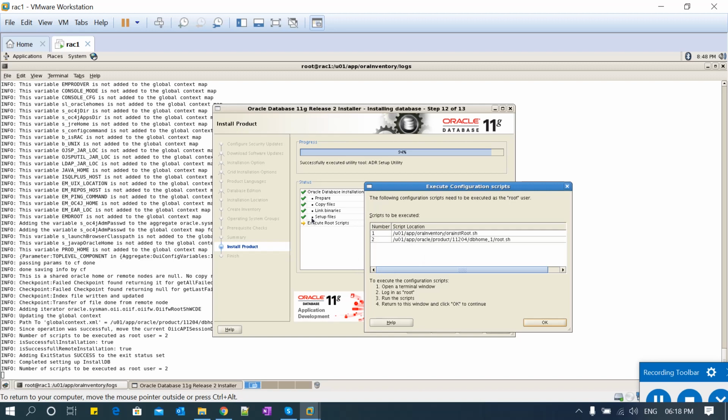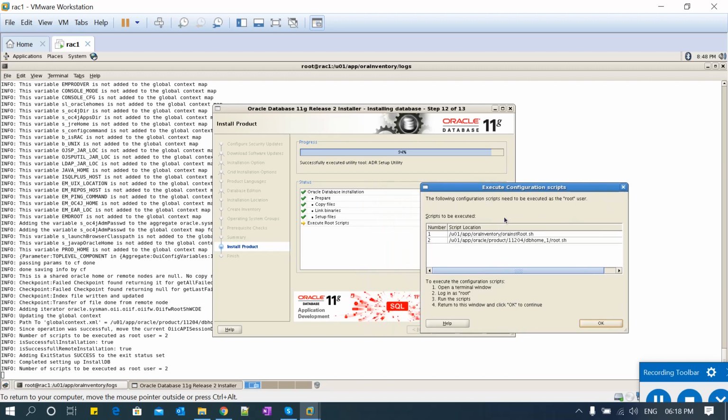Okay, now once the setup is done, a new window will pop up, and that basically talks about running two root scripts. So run this root script as a root user. I'm just selecting the first one.